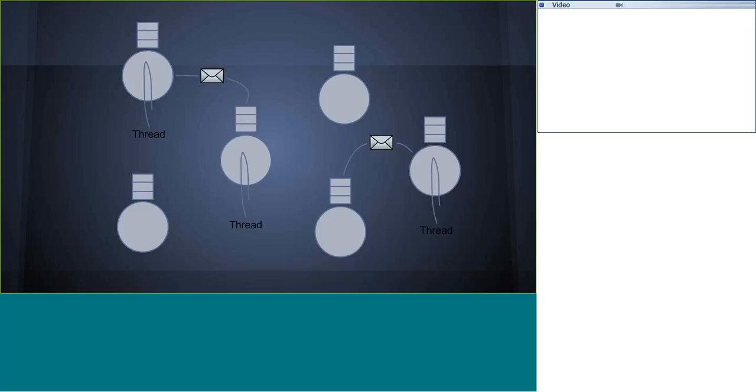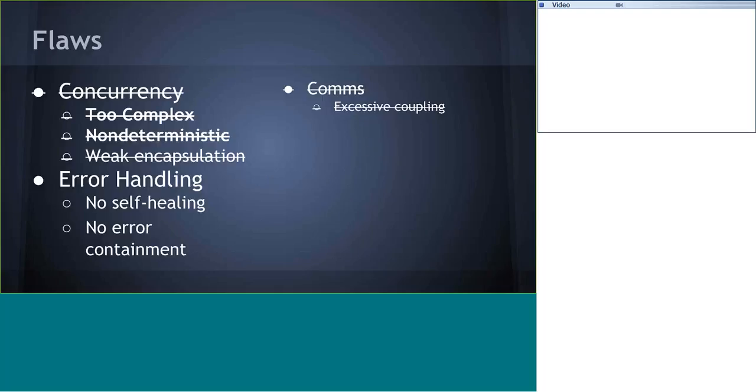With each of these actors, it's going to process one message at a time. So there's no more interleaving. With each of your actors, you can guarantee that when you're processing a message, it's not going to process another message while you're processing one. So you can deal with all your state, and you can be sure that no one's going to mess with it underneath you, right? All of those concurrency problems that you had before just kind of go away. So we get rid of that complexity, and we get rid of that non-determinism.